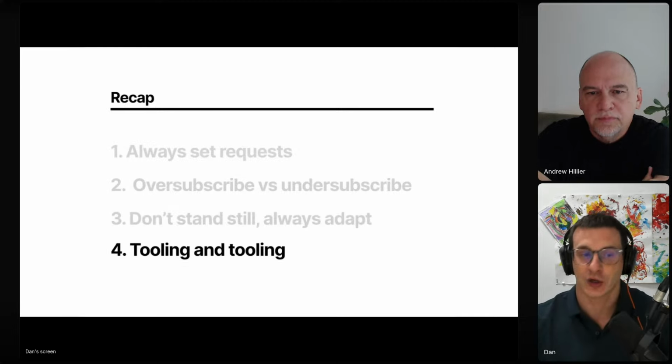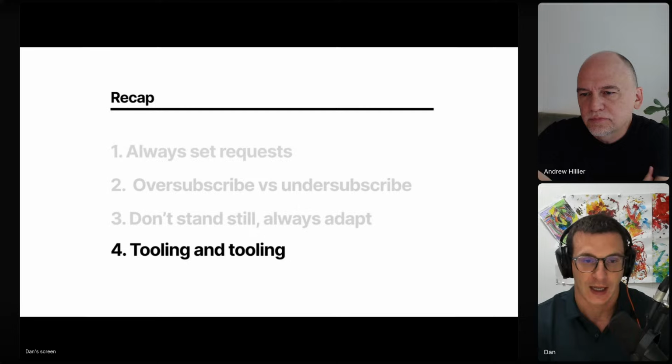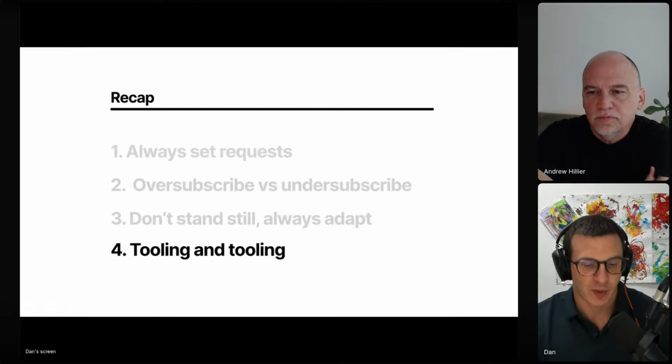And then we also covered two types of tooling. So we had a look at open source tooling, the VPA, and Andrew presented what they do at Densify, but there are many others. So I think the takeaway from me is that tooling is probably the way to go. Tooling on the open source side is quite limited, and then there is quite a lot of competition and options when it comes to paid products as well.